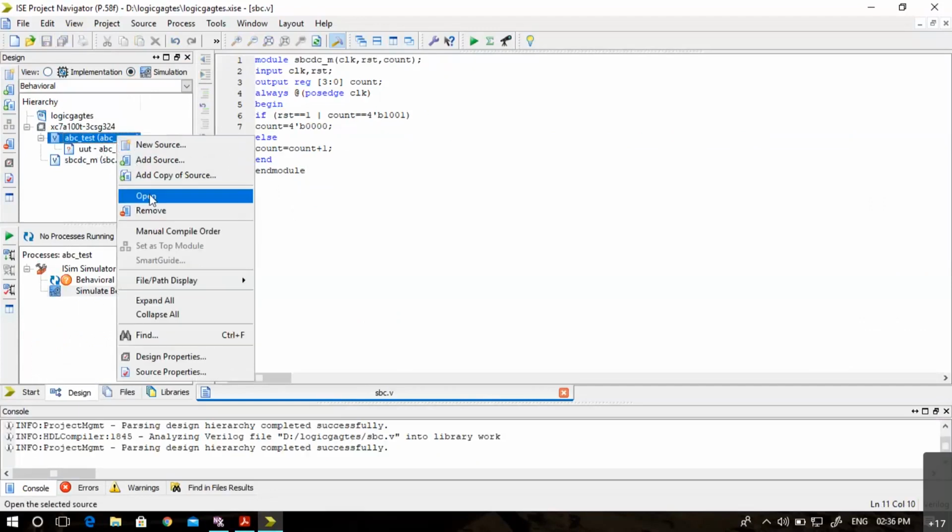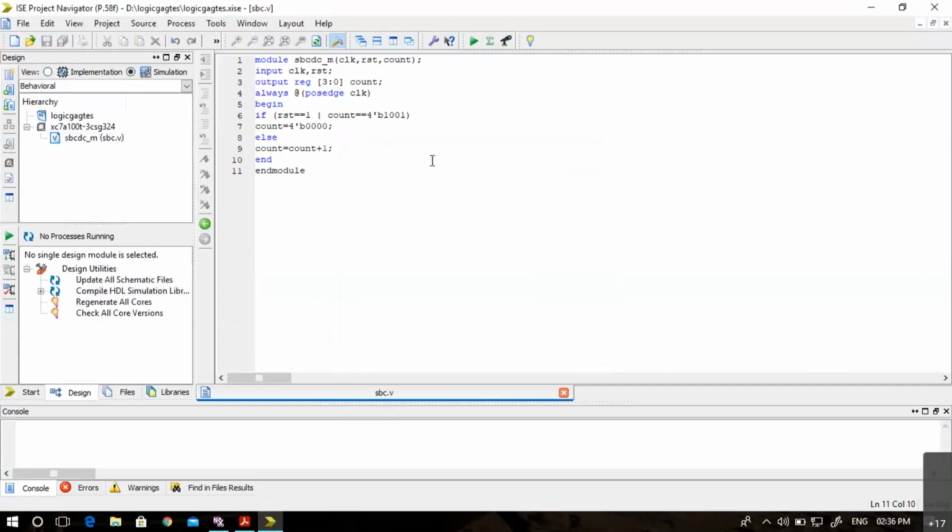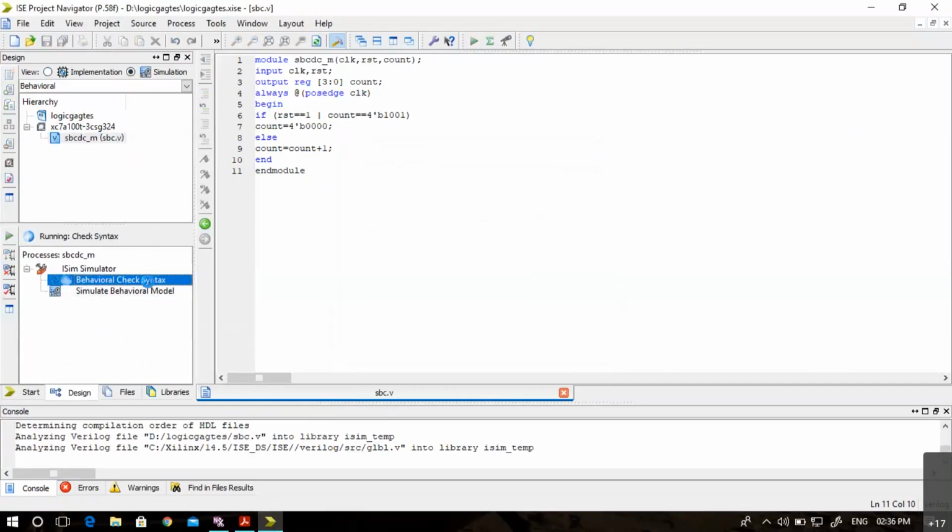Let me remove the old test bench and check syntax for this code. This is a synchronous BCD counter.